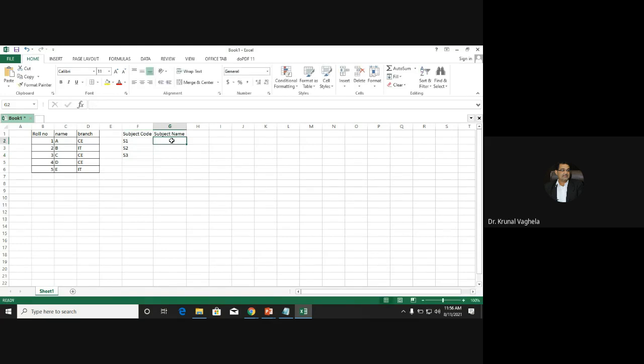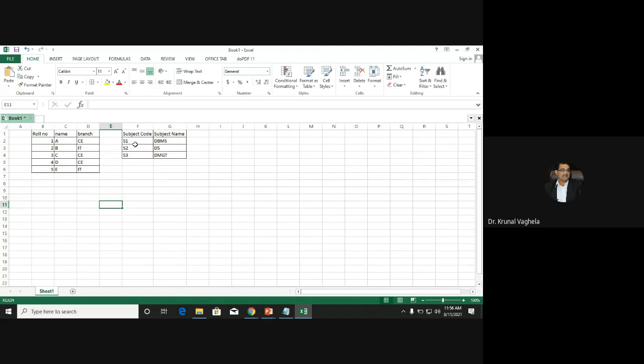For example, subject names DBMS, data structure, DMGT. Right, these are the two tables. One is the student table, where roll number, name and branch are there. And one is the subject table, where subject code and subject name are there.